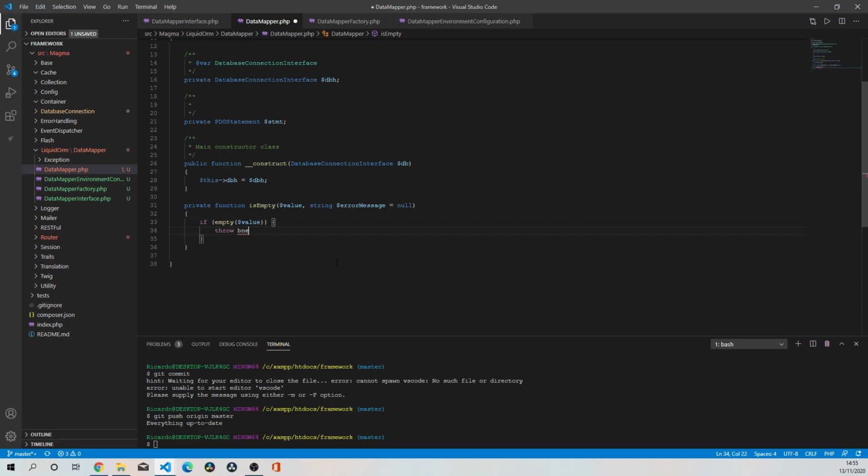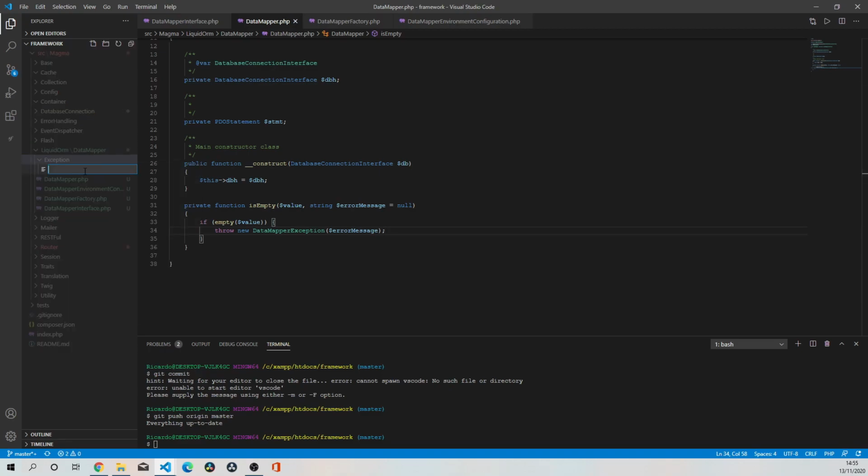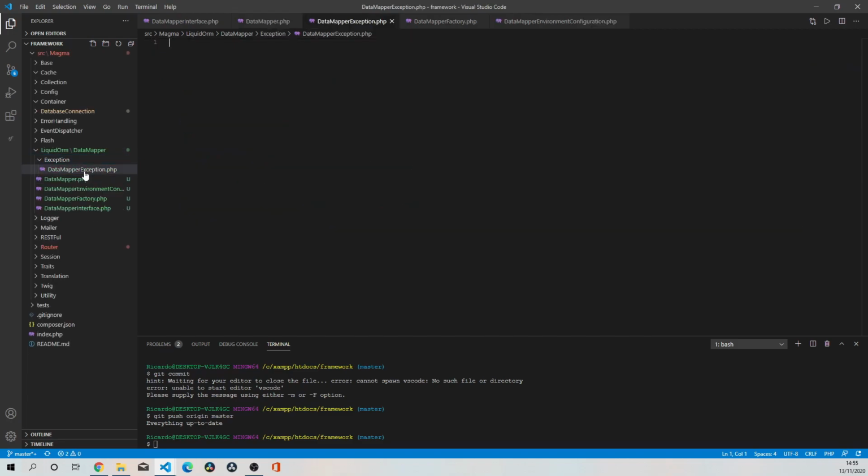Say throw new DataMapperException, which we've not created yet, and we're going to pass that error message argument, so we can set our argument within our own custom DataMapper exception. And let's create that new file, DataMapperException.php. We'll sort that. Well, let's just do it now. Let's just